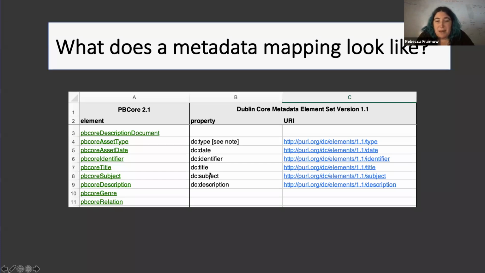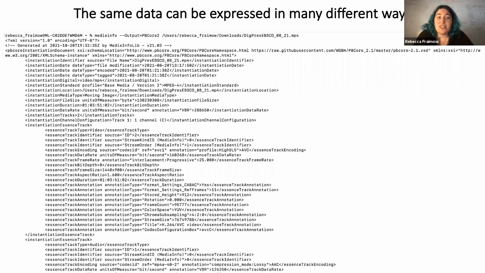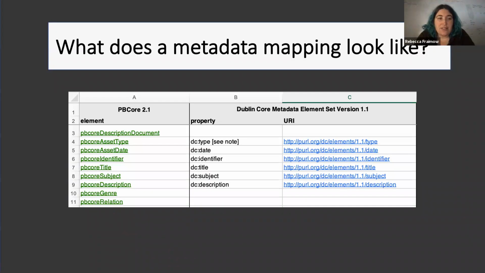So what does a metadata mapping look like when you're doing it in a theoretical sense? This is what I just showed you with MediaInfo, the output of a metadata mapping. But when you're actually performing that work, how does that look? Here's an example of a simple mapping between PBCore and Dublin Core. And I'll jump over in a little bit back to our website and show you we can actually download the